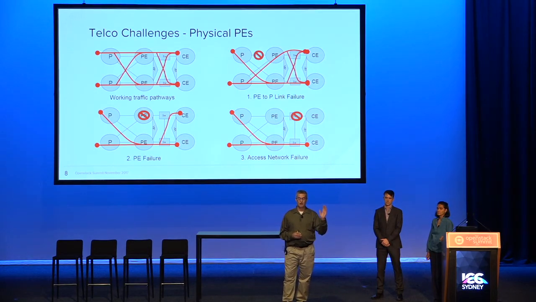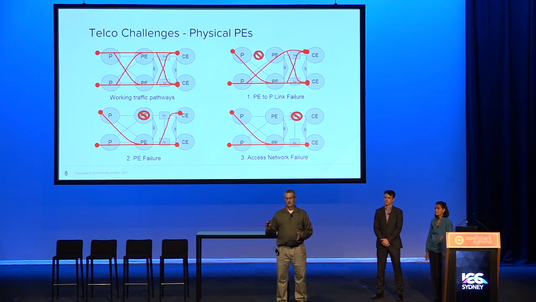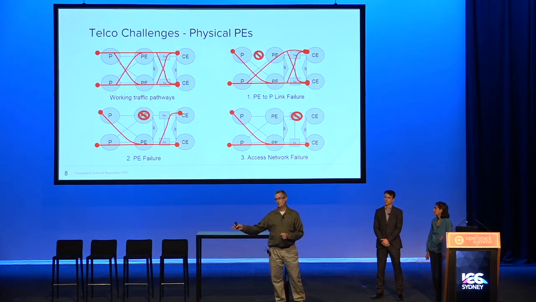There's 2 paths from the P to the PE to the CE. The failure cases that we look at within that are, for example, number 3 in the lower right: if something fails in the aggregation network, in the layer 2 piece of the network between the PE and the branch office of the CE, there's a second path through the aggregation network,